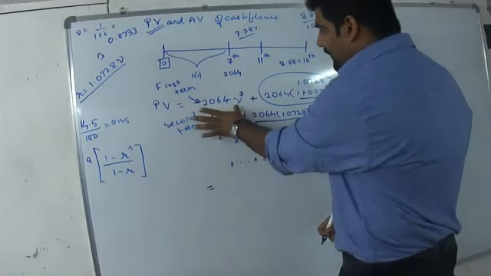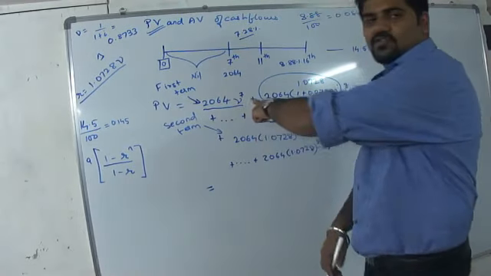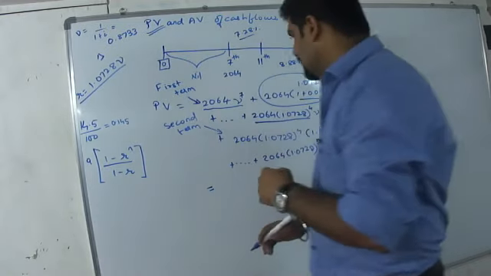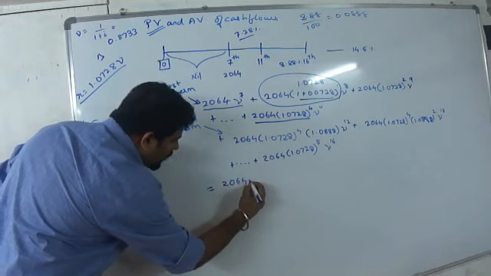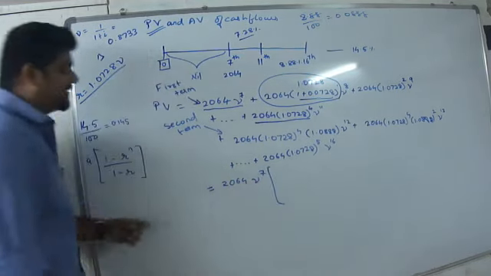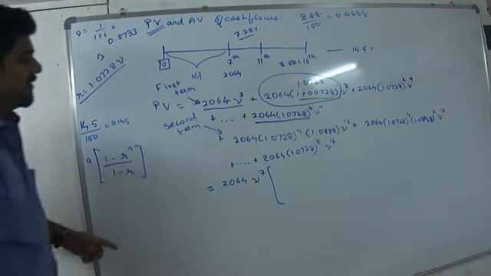So what will I be getting over here as my equation? I will be getting my first term as 2064 nu power 7. Do not forget this nu power 7. It is also part of your term. So do not forget that. Make sure. You will be getting the term as 2064 nu power 7 into, this is our A, 1 minus R.